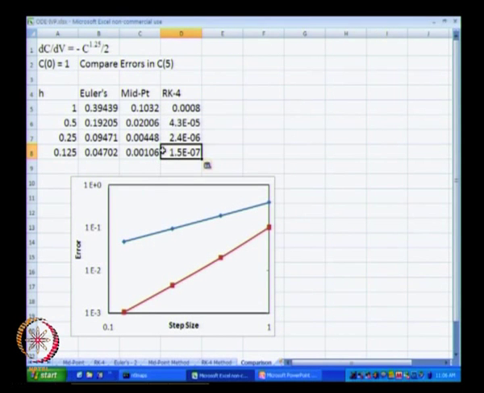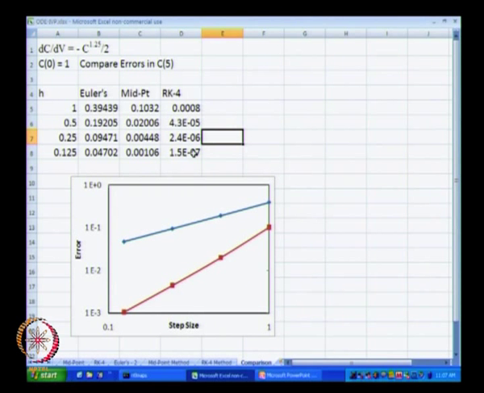I will do paste special, place the values, and again take the ratio, this divided by this, and this ratio is now 16.7. So, in all cases the ratio is indeed hovering around 16, that is when we take the ratio of the accuracy of RK4 method using h and using h by 2.